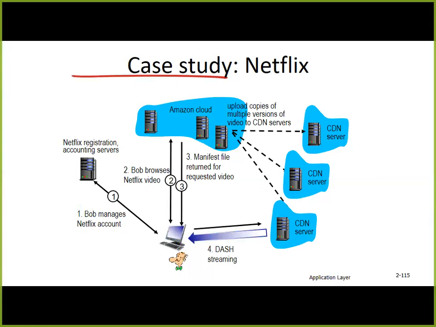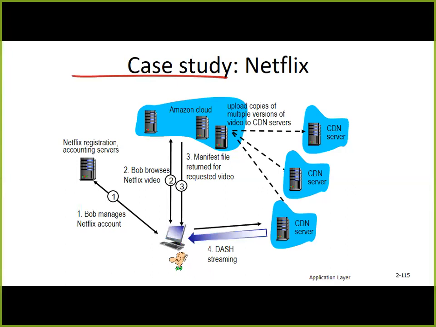Now, when Netflix gets a new movie that they want to upload to their library, they take a studio master copy, that is. By the way, the studio master copies are also the same copies that are sent to movie theaters. I don't know about Jamaica, but I know, for example, in the US now, you no longer have any film. All the movies are distributed to the movie theaters digitally. Anyway, they would get those studio master copies and ingest them using Amazon's